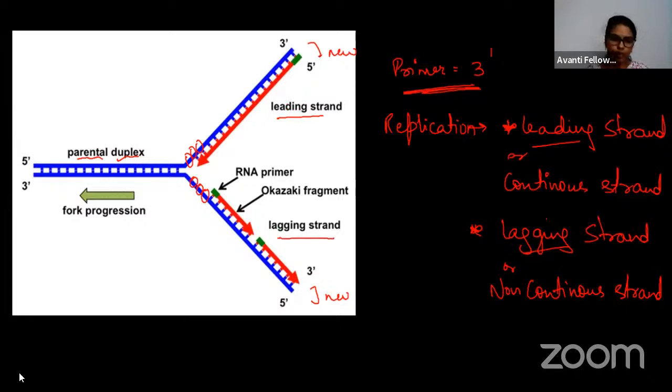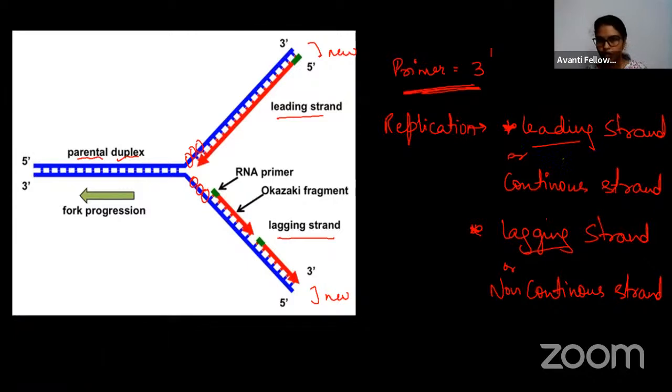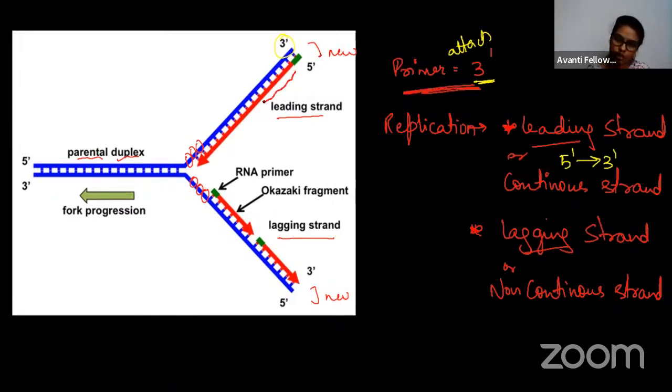Leading strand will be moving or polymerization will happen from, okay, polymerization कैसे हो रहा है? Okay, so 5' to 3'. क्या हुआ देखो, प्राइमर कहाँ पे जाके अटैच होगा, प्राइमर वहां पे जाके अटैच होगा जहां पे 3' रीजन है. So there is a 3' region and this green color is the primer. Okay, so primer 3' पे जाके अटैच हो गया and it started generating the new DNA strand. ठीक है, तो ये जो पॉलीमराइजेशन हो रहा है, this is happening from 5' to 3'. This is in the leading strand.